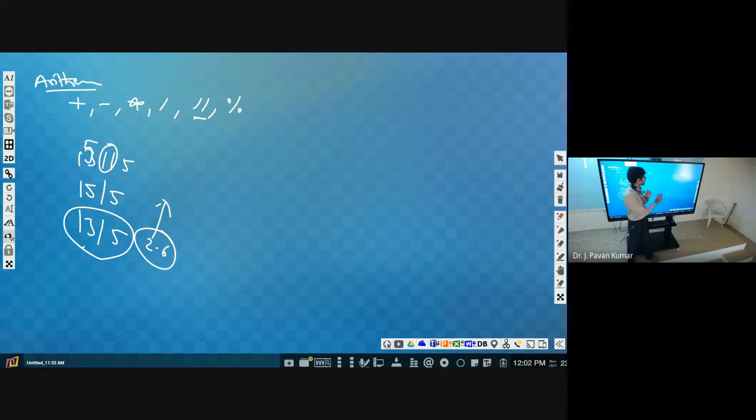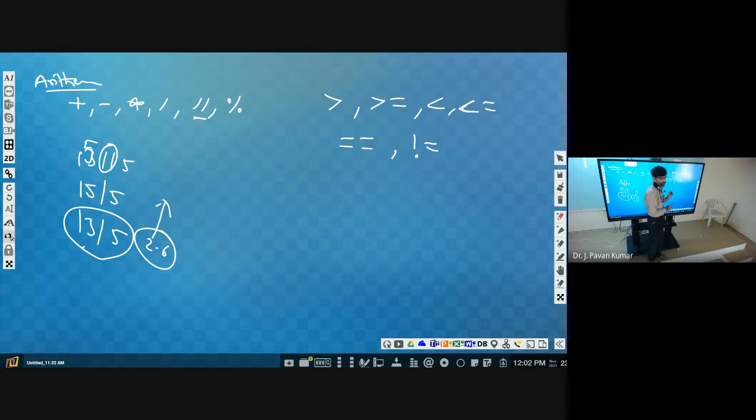Next, we have already used several times these: greater than or equal to, less than or equal to, equal to, and not equal to. When two numbers are given and you have to find which one is greater, which one is the maximum of the two, you will use these. Next, you can check whether a given point is inside the circle or outside the circle.